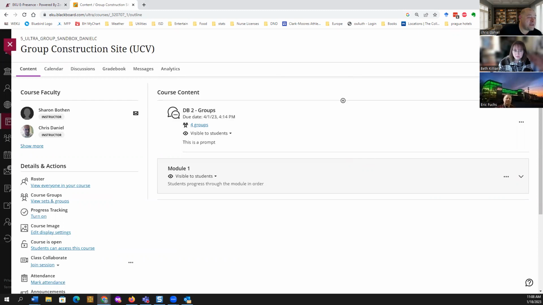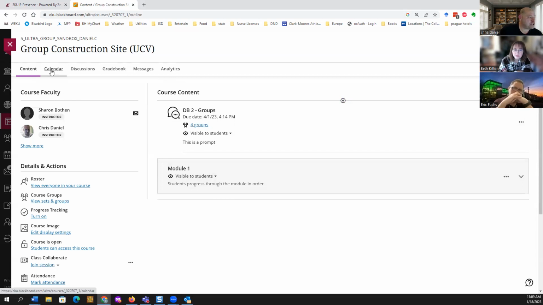So with that, the main aspect of your Blackboard course is this course content area. This is where all the content is managed, created, and manipulated. To make something happen in this course content area, we would hit a plus, and I'll show more about that later. When we hit a plus, we're going to be able to create folders. We're going to be able to create learning modules, which is kind of a fancy folder with some extra features. We're going to be able to create documents, tests, assignments, discussion boards, and all the things that you would normally expect to see happen in this main window portion of this course.